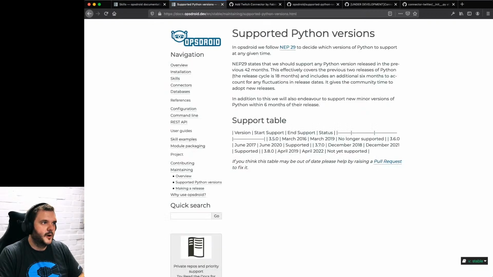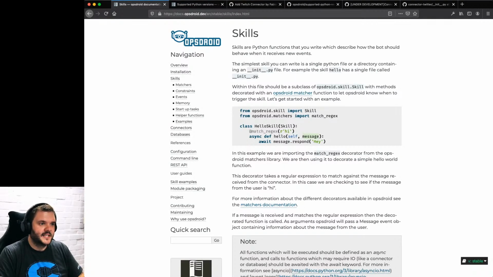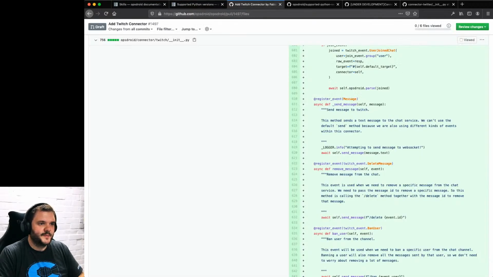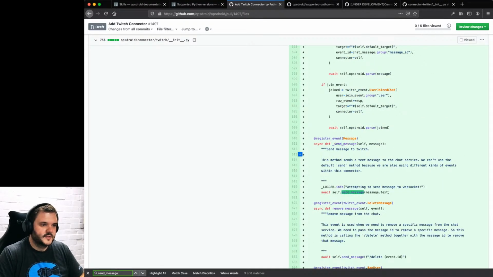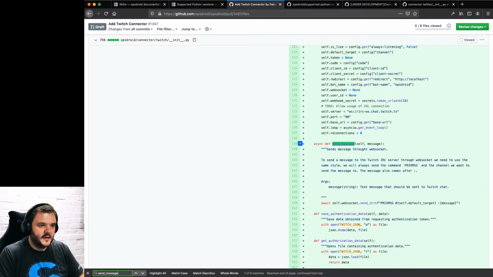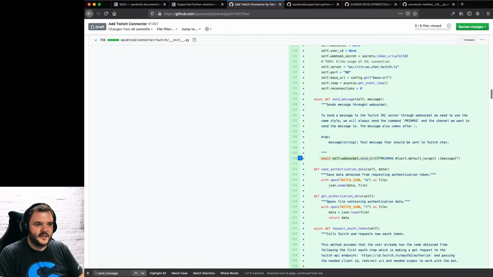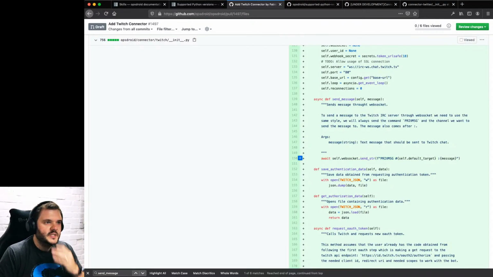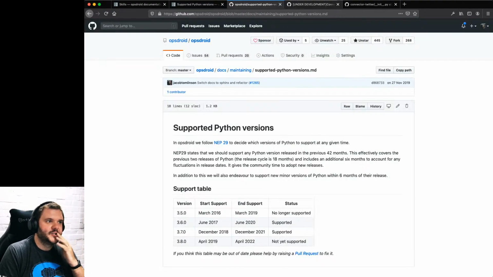So when you respond to a message, which is a message coming in, it calls message back through. You register the event message, and this function will be called in order to respond, and you have to handle what that looks like. There's another function called send message here, and this does the websocket send string and formats it into the way that Twitch expects. So that's great. The Twitter one is going to be similar.